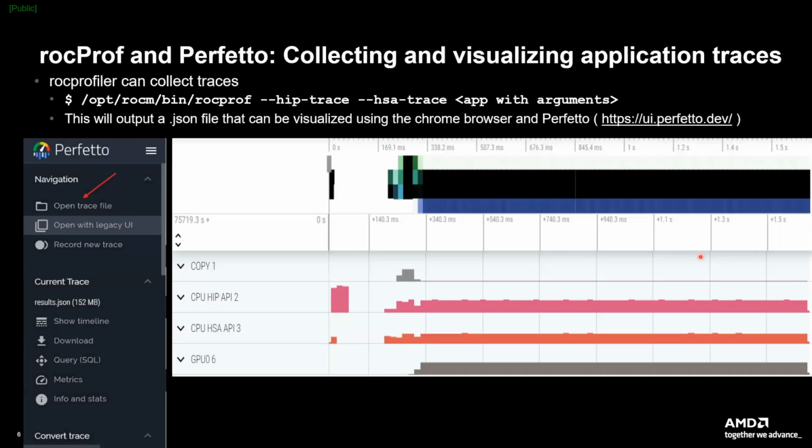Now, I do this HIP trace, HSA trace, okay? And it will create a JSON file, okay? Then I copy this file onto my laptop because we don't have a Chrome browser, I believe, at least. And I go to this website,